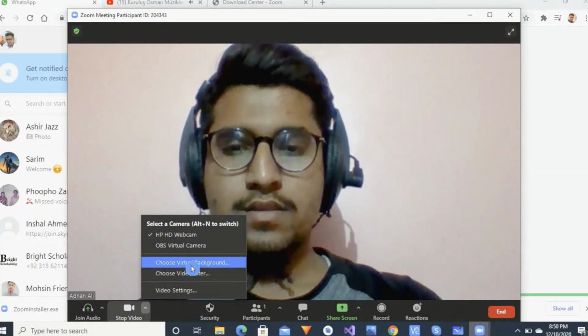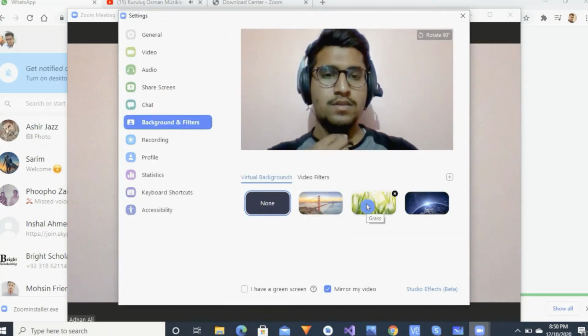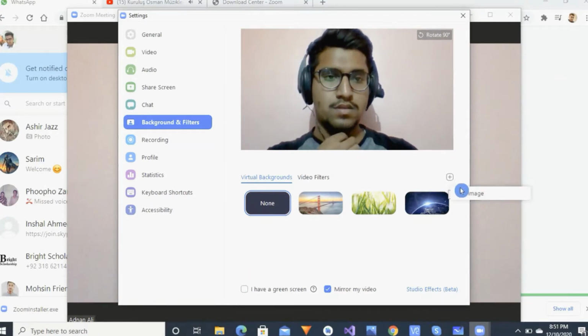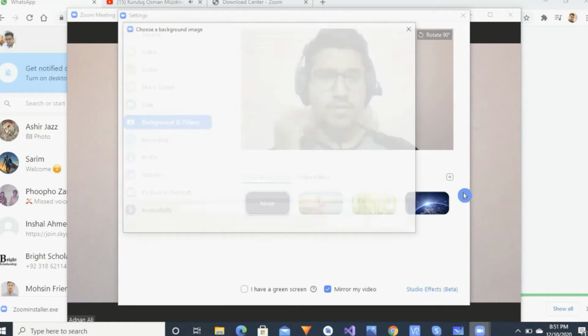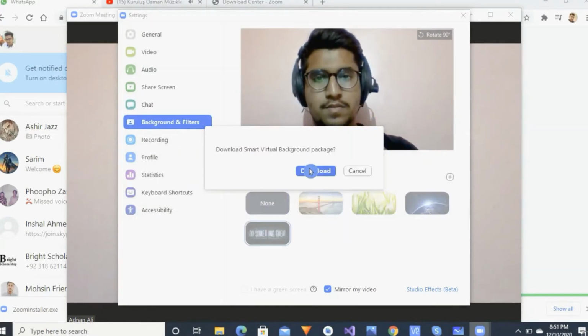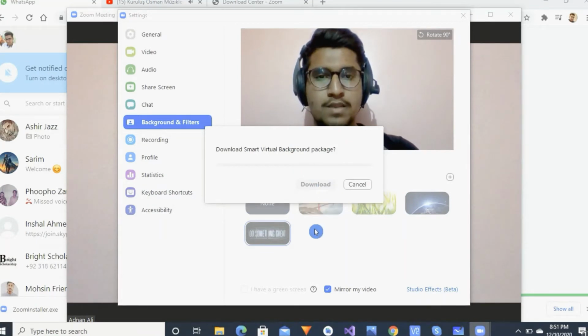Now I'm choosing my virtual background. I don't like the default background here, so I like the AA1 background. Our background is downloaded. Let's wait. Background is a very interesting feature in Zoom. It attracts people's attention.